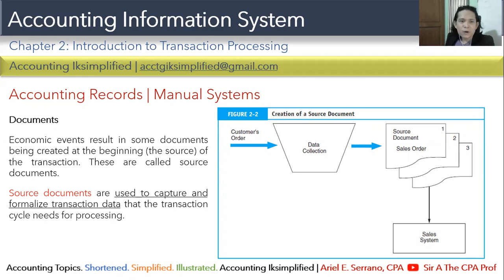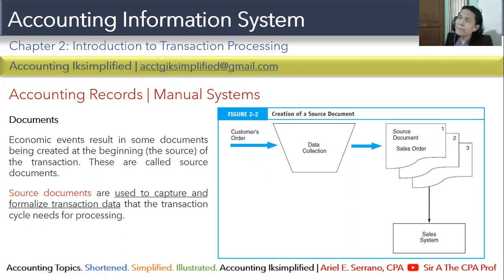One type of document is what we call the source document. And these are used to capture and formalize transactions na kinakailangan natin for data processing. Halimbawa po, makikita po ninyo dito sa ating figure 2-2, the creation of a source document. Although a source document is considered etong ating tinatawag na mga customer order, pero to formalize the process and make